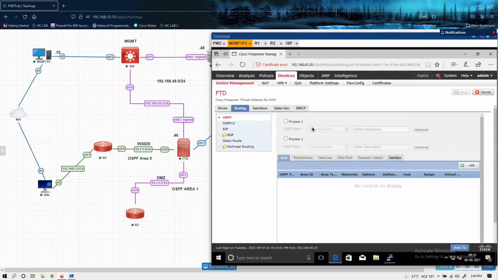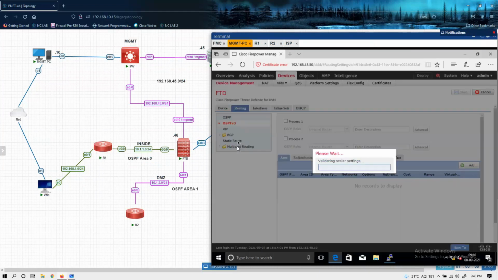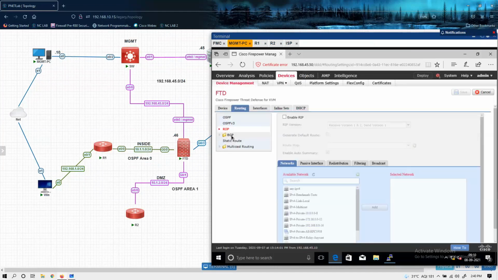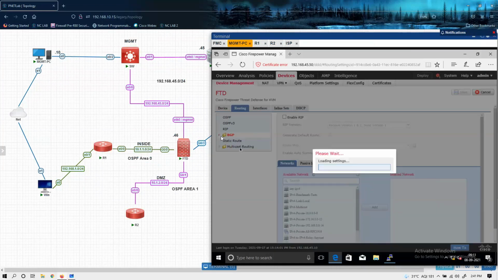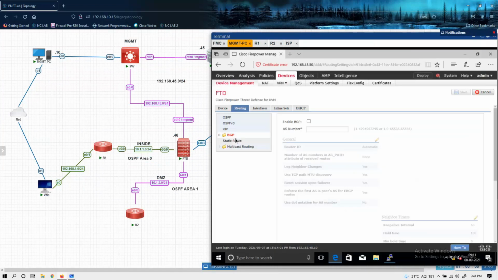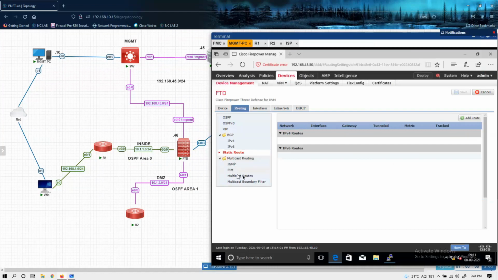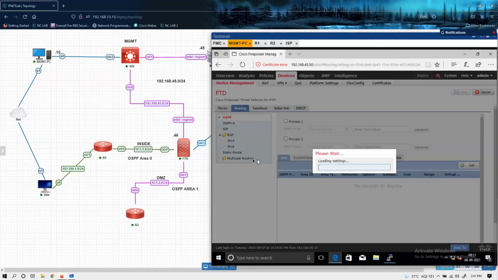Here you can configure OSPFv3 if IPv6 is configured, then RIP or BGP. In BGP, you can configure both iBGP and eBGP for IPv4 and IPv6. This is static routing and this is multicast routing. Only PIM sparse mode is supported here, and IGMP. Okay, so let's configure OSPF.